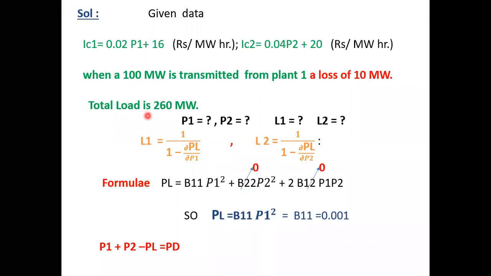And they have not represented the load in the previous class. Just now, we have seen the same statement which is present in our previous class also. The main important point is that we are using the same formulas. One is the final condition for the coordination, one more is the formulas for L1 and L2, and one more is the PL expression. But the thing is how we are utilizing the given data. That is important. So depending upon the given data, we need to differentiate our procedures. So finally, we have to use the same formulas, and depending upon the given data, you need to go for the solution.